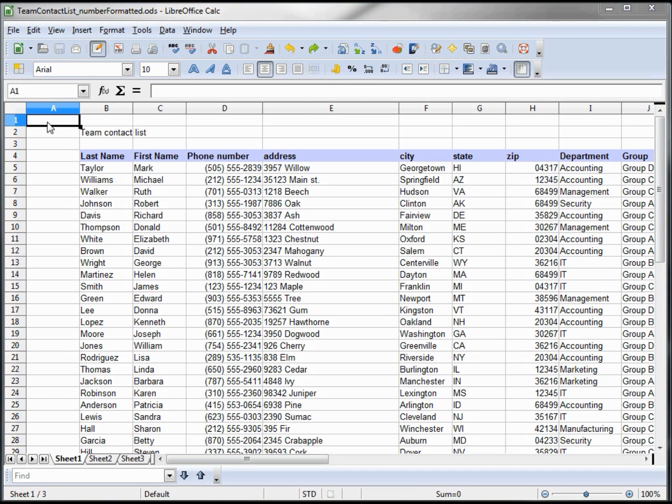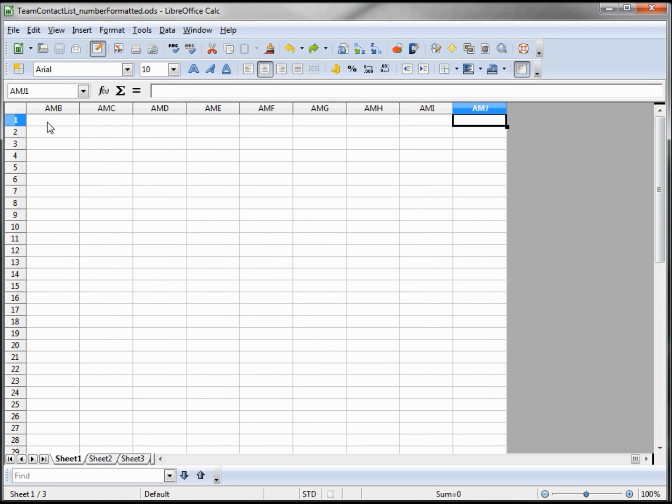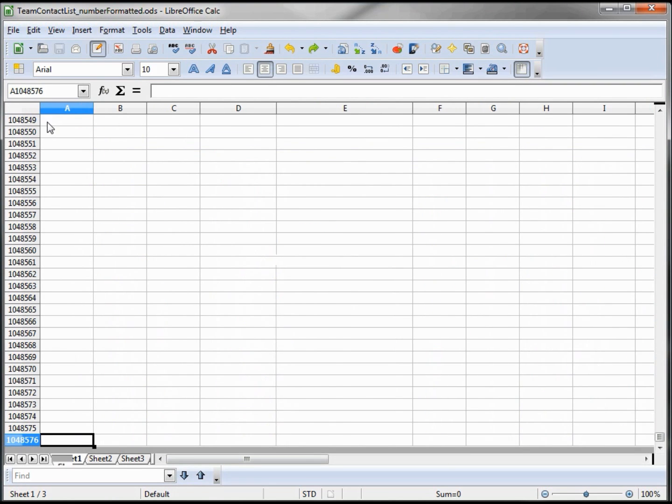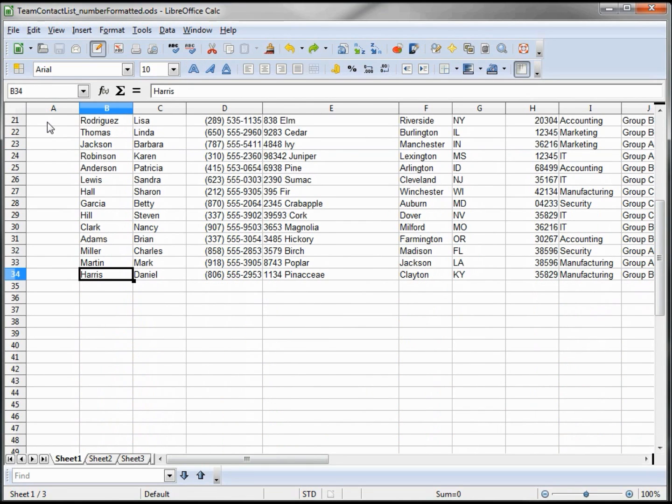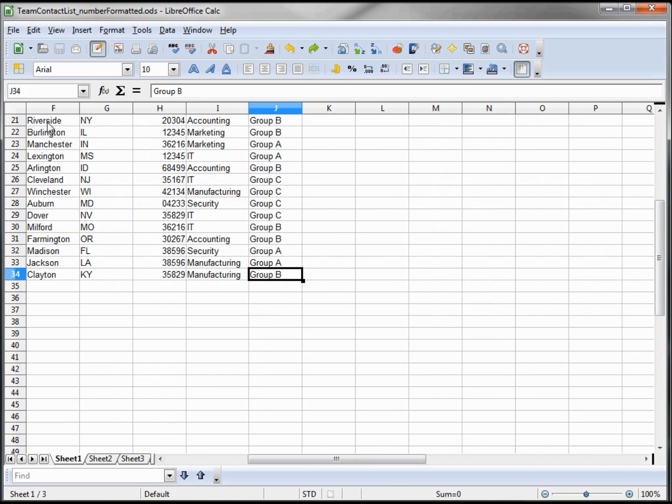In our very first video, I was showing how to use those arrow keys with Control, arrow, and it jumps all the way down to get around the page. Now when we have information in the cells, as in our name list, if I hold down Control, arrow down, it takes me to the end of the data. And then if I hit it again, it takes me to the bottom. So it jumps to the end of that group.